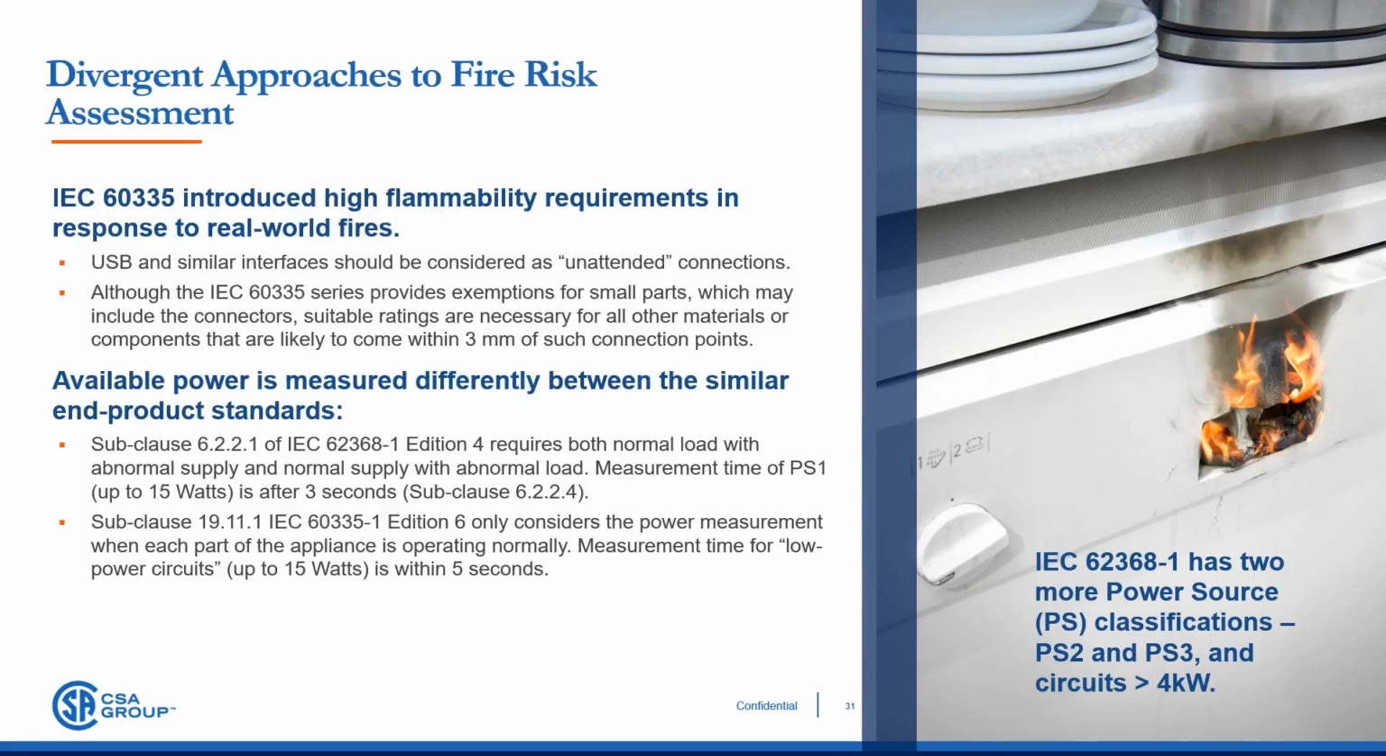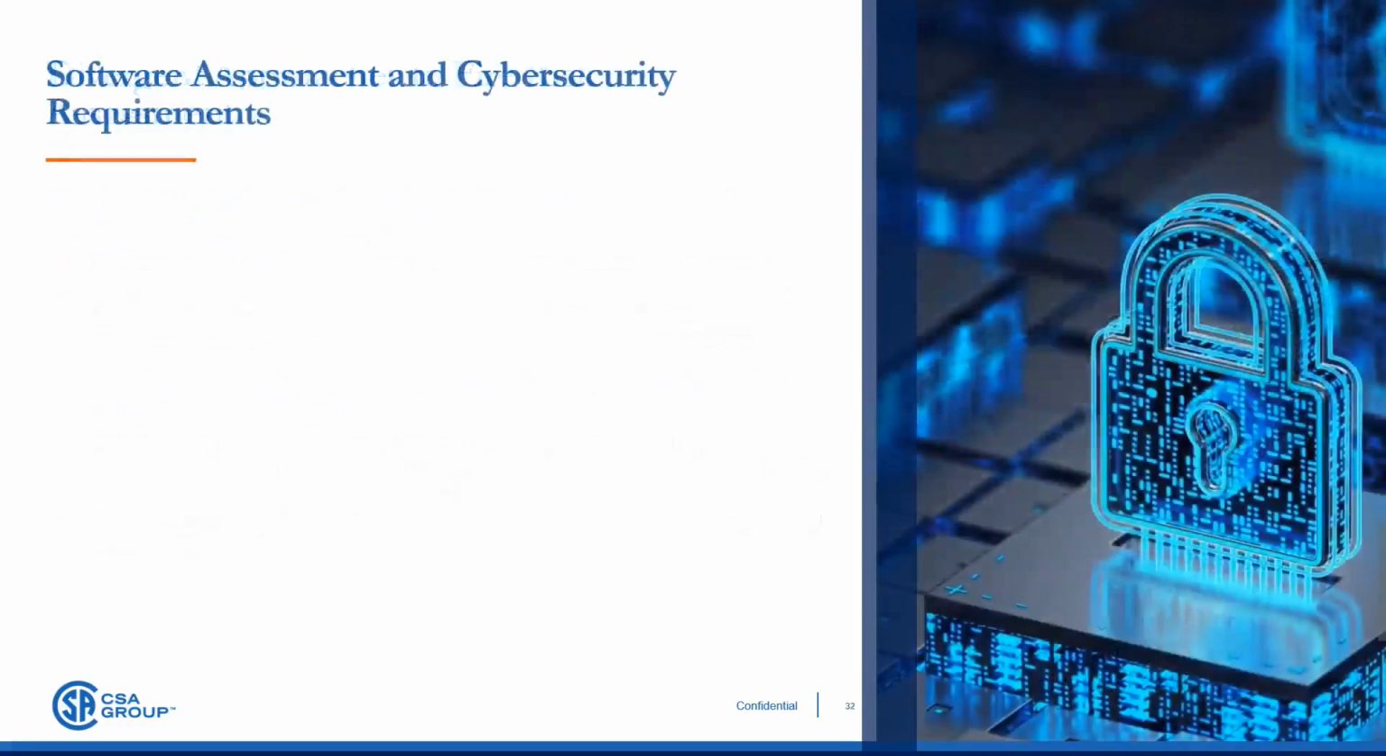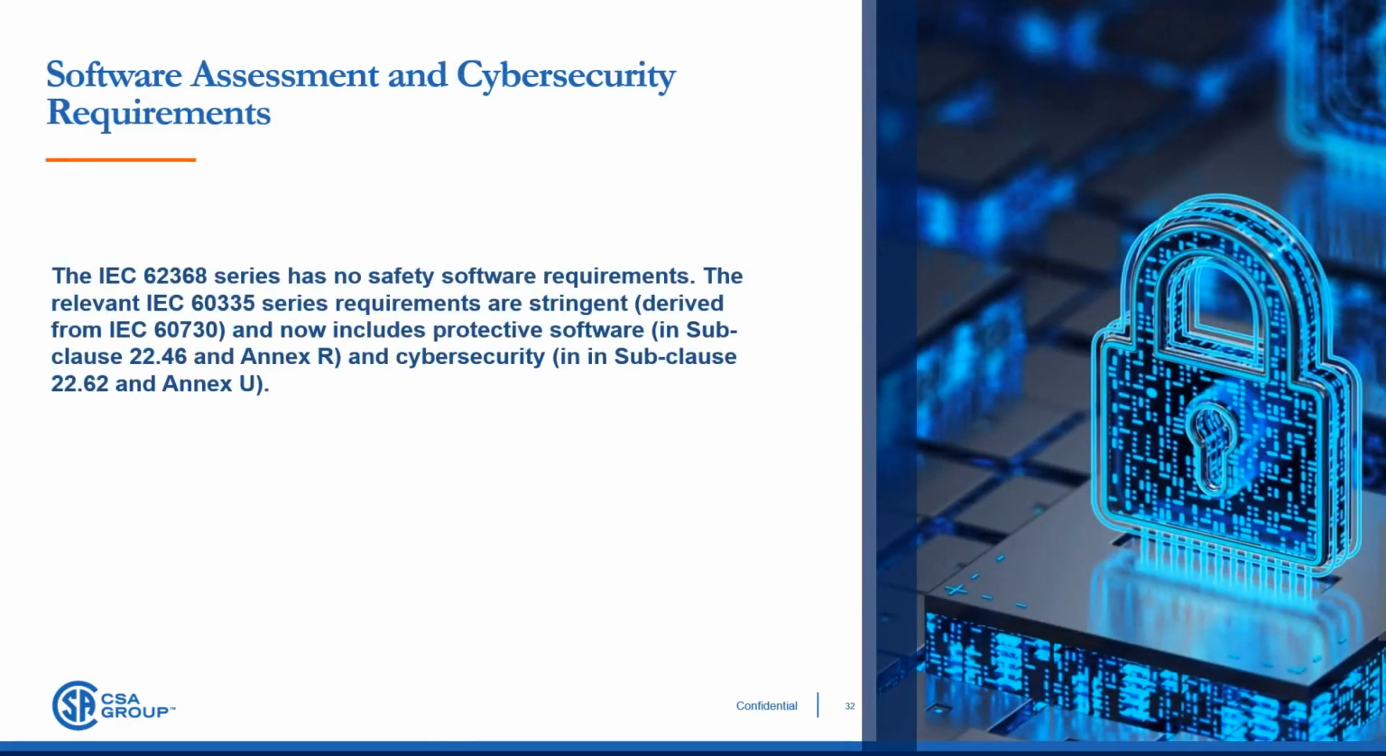A notable difference from IEC 60335-1 is that currently there is no required safety software assessment in the IEC 62368 series for software relied upon for compliance. As discussed earlier in this presentation, current USB implementations rely upon software to negotiate correct power delivery. Contrary, the IEC 60335 series has stringent requirements, drawing from IEC 60730 for automatic electric controls. The 6th edition of the Part 1 now includes cybersecurity requirements, found in subclause 22.62 and Annex U in the 6th edition,